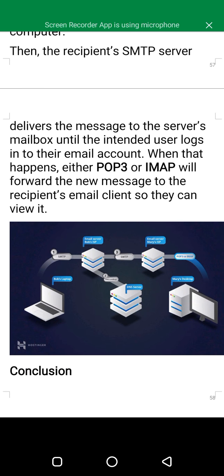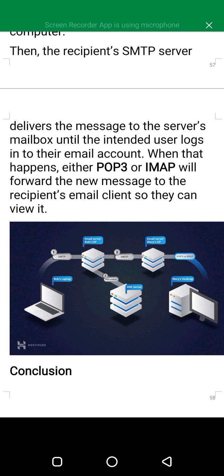Now, when the message reaches the internet service provider's email server, it runs to the DNS to look up the email address, for example gmail, yahoo, microsoft outlook, something like that.